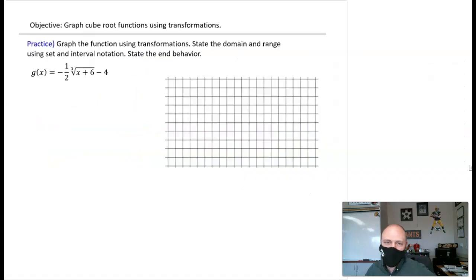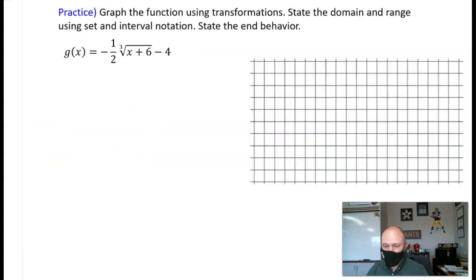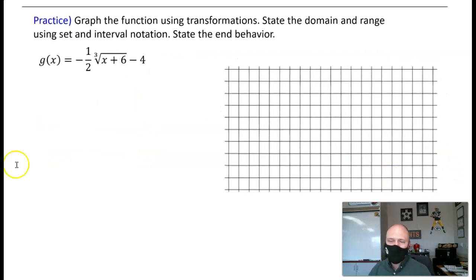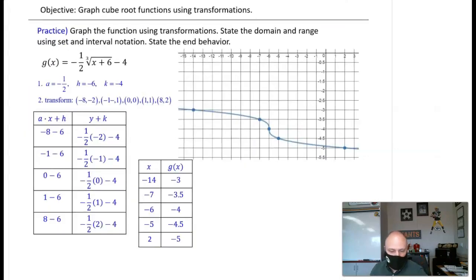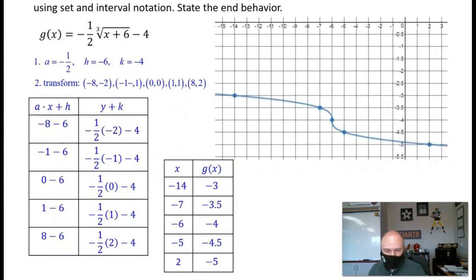All right, here is your last practice problem. Give this one a go. Pause the video. Remember, identify A, H, and K. And then graph the rest of the points. All right, hopefully you had time to pause the video and give that example a go. Here is the solution. A common question and problem for students is, where do I put my X and my